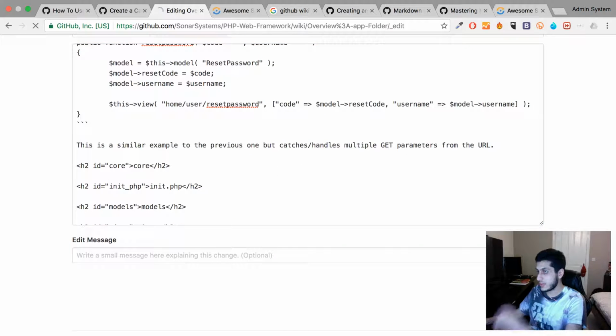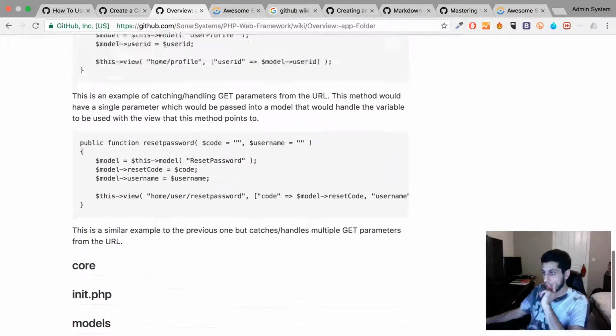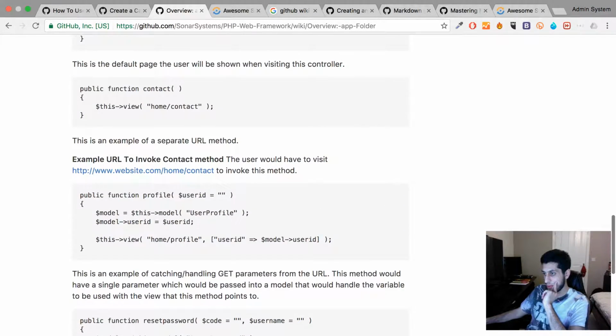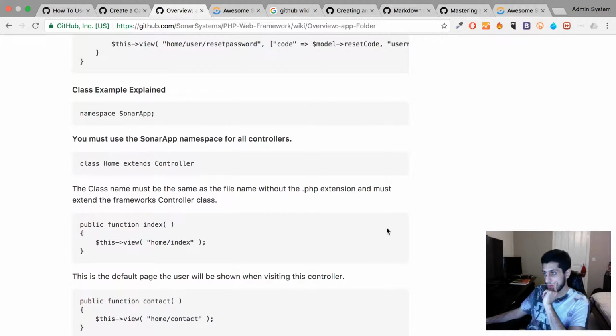Okay, so if I save that, see how it's looking. Okay, it's looking good. For controller,